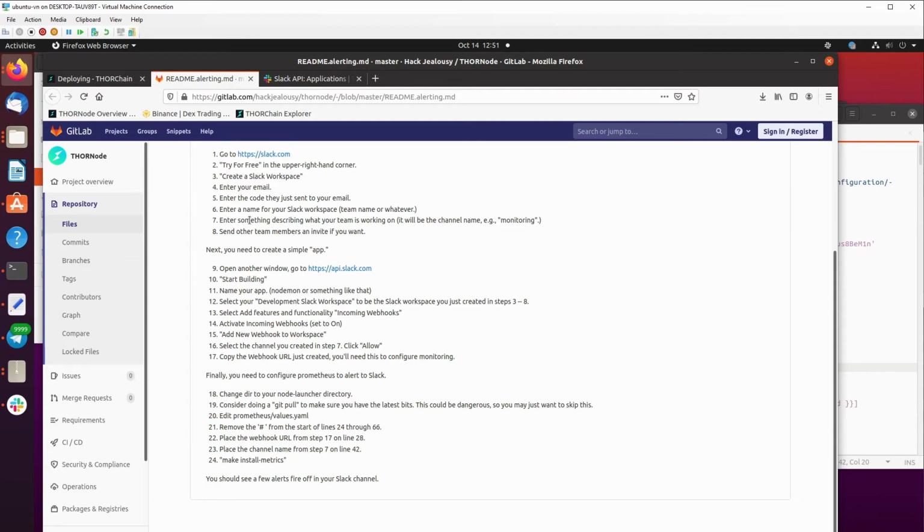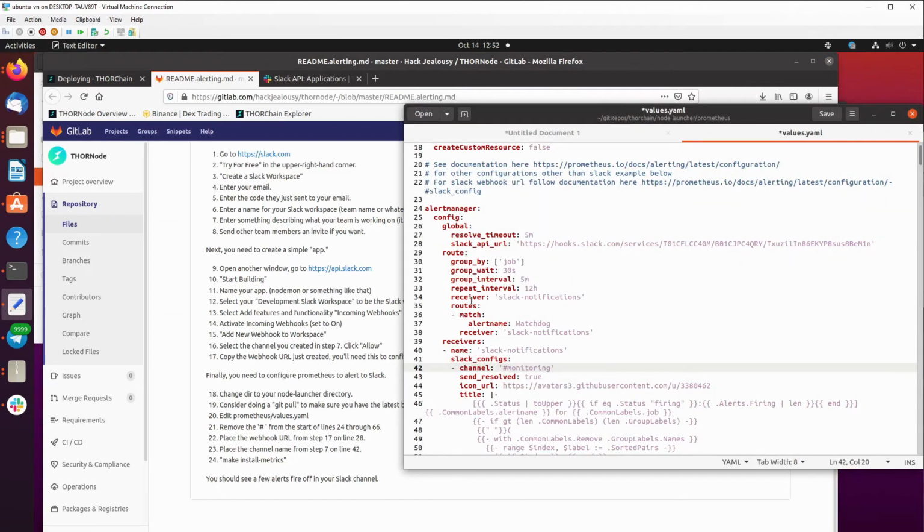I think I called it Thornode Monitoring, actually. Assume caps are required. Now I'm going to open up Slack on my mobile as well, whilst this is going,